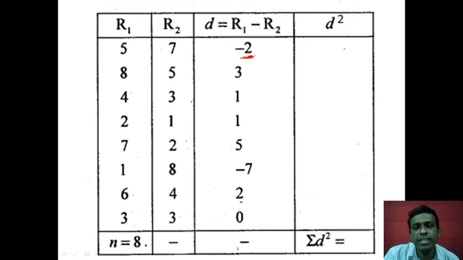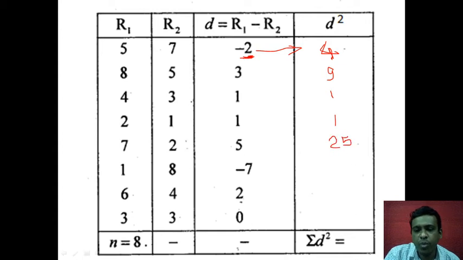Even if you take the minus sign, you will get positive in the next column, because the next column is d square. You have to find out. So what is d square? D square is d into d. What is d here? Minus 2 or 2. So whether it is plus 2 or minus 2, what will you get here? Minus 2 into minus 2 is plus 4, or 2 into 2 is 4. So the final answer I am interested in is the same, 4. On the other hand, 3 3s are 9, 3 square 9, and so on. 1 square 1, 1 square 1, 5 square is 25, and so on.